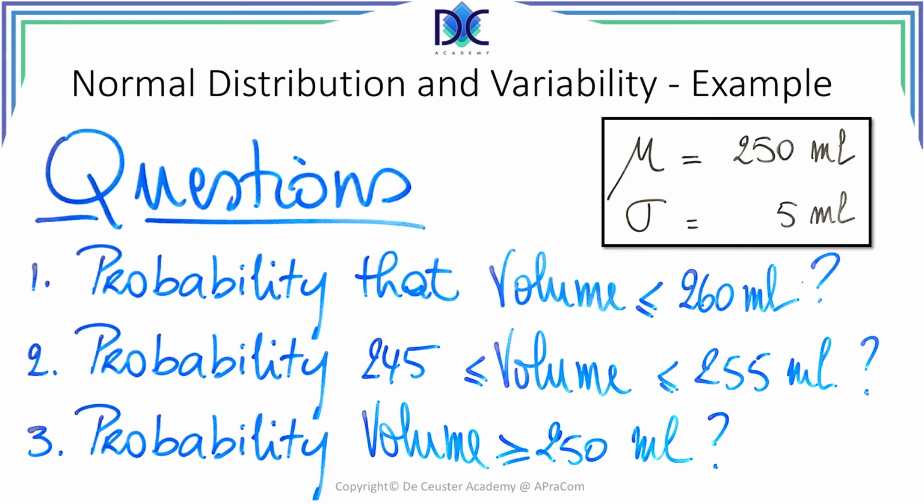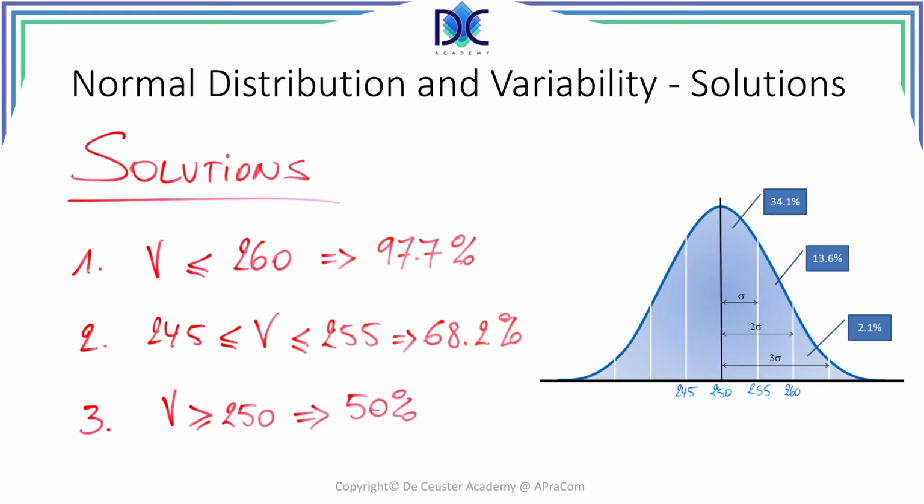So you are back, you finished the calculations. Let's have a look if the results that you found are correct. First, on the right hand side, we see the normal distribution with the numbers added. The volume smaller or equal than 260, well, when we look there, 260, we see that it's between 250 and 260. The surface under the curve is equal to